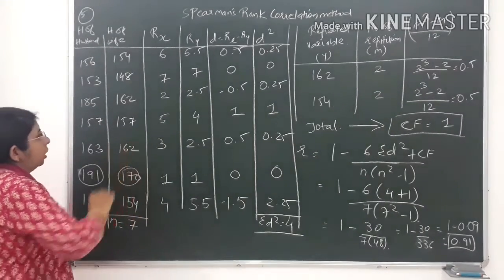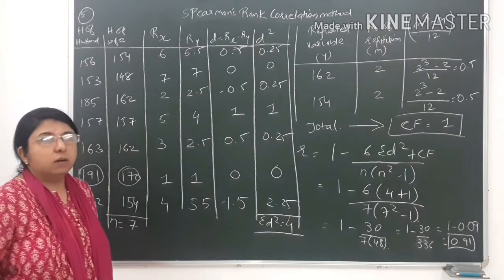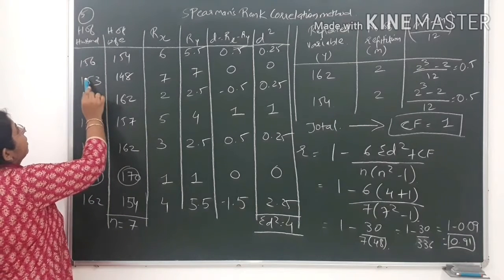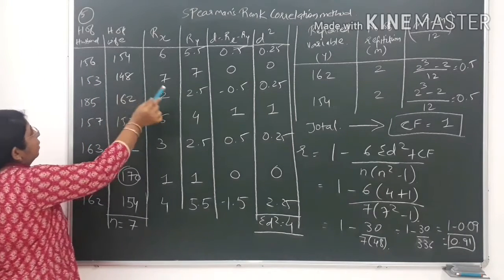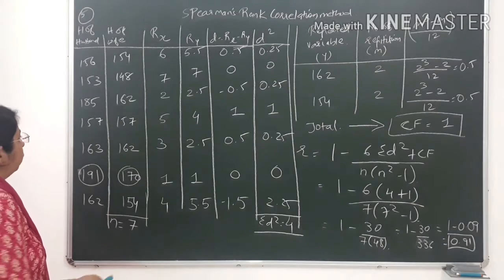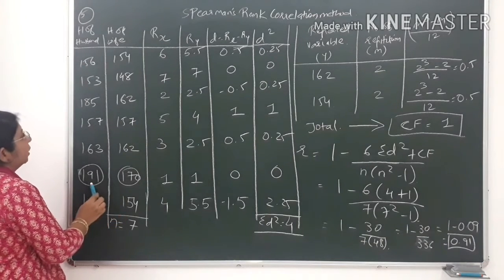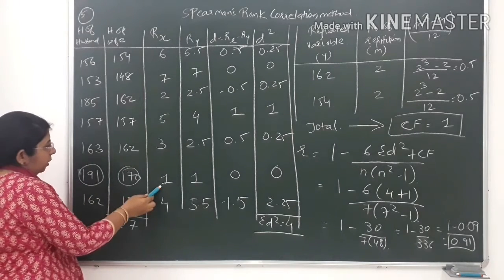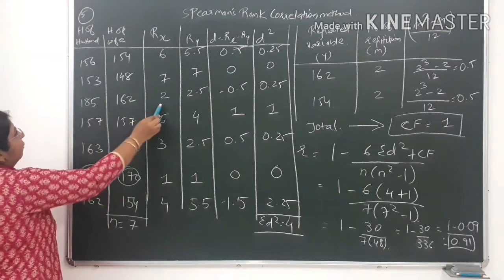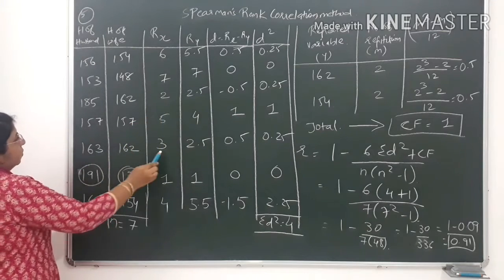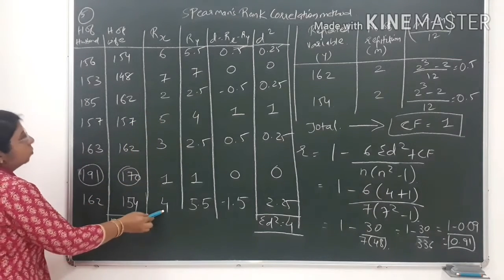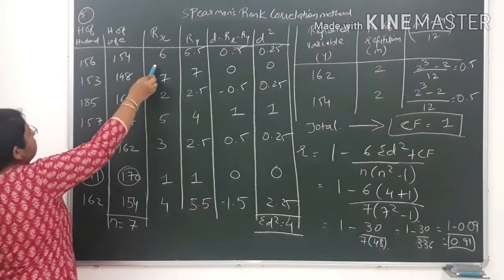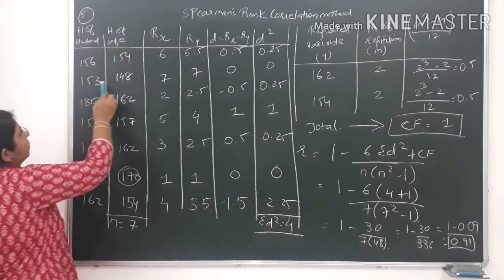Now, first of all, previously also we had studied how to find the ranks of variable x and variable y. Husband height, that is x variable, and height of wife, that is y variable. So first of all, the highest value will be given the first rank. So highest value of height of husband, that is 191, would be given first rank. Then afterwards 185, number 2. Then 163, number 3. 162, number 4. 157, number 5, 156, number 6, and the last rank, that is 153,